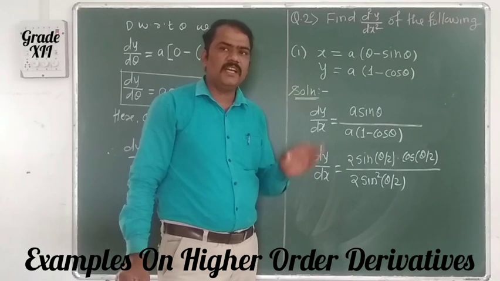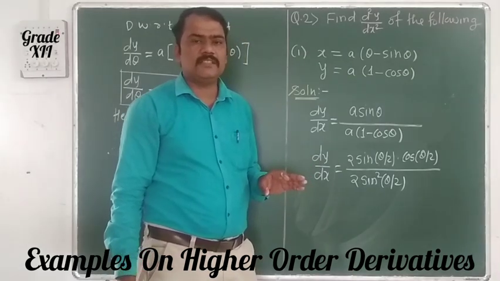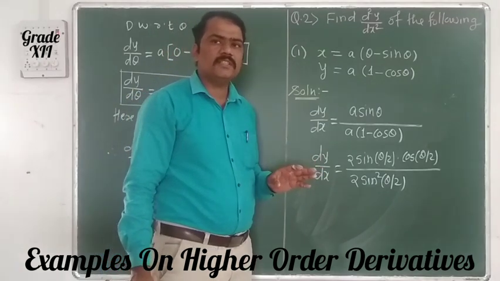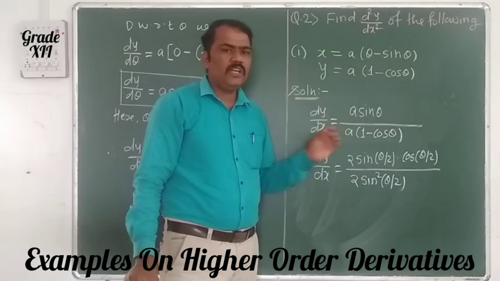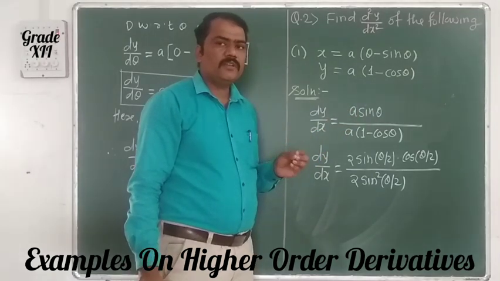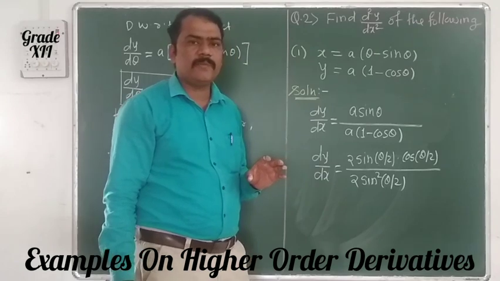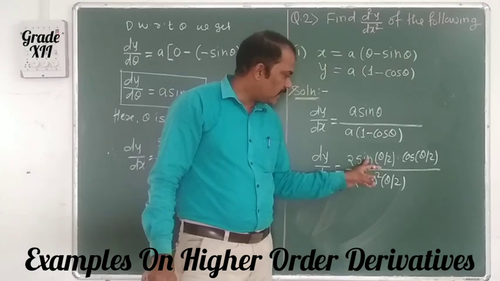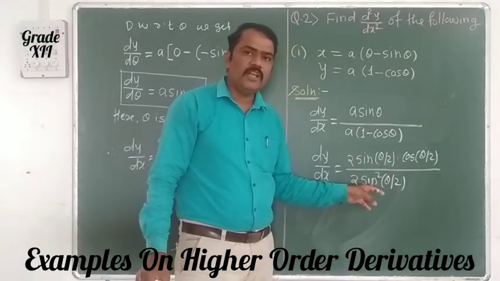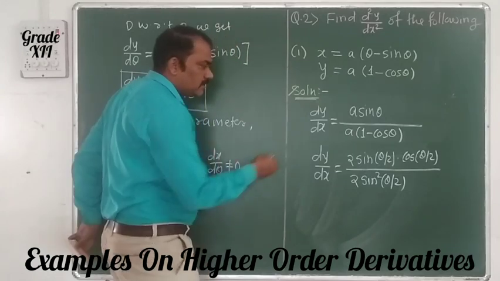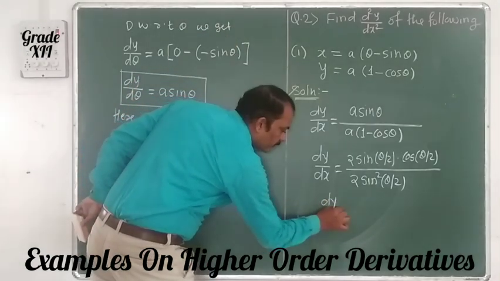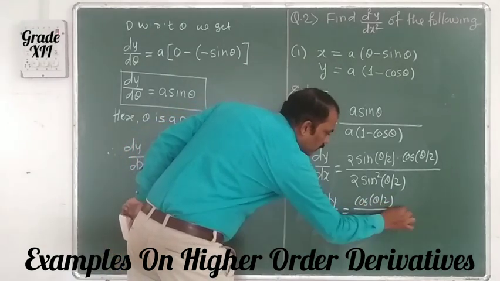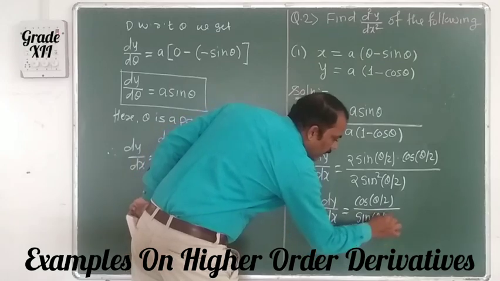that we have already done in the 11th standard, when we discussed the trigonometric functions, through those examples we discussed that. So we have to get only one term which has no denominator. That type of simplification we have done, so we make the simplification. How to do that? To get cancelled, sin theta by 2 divided by sin square theta by 2. From that square one gets cancelled, that sin theta by 2 gets cancelled, so dy by dx is equal to cos of theta by 2 divided by sin of theta by 2.